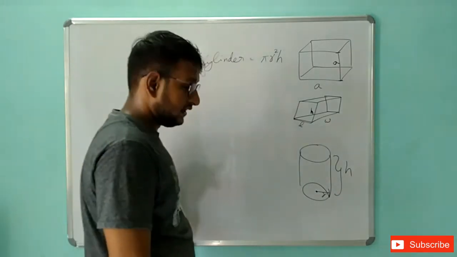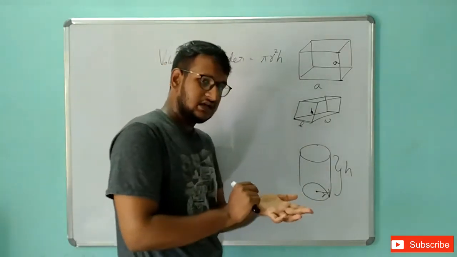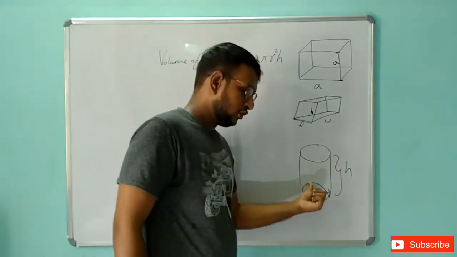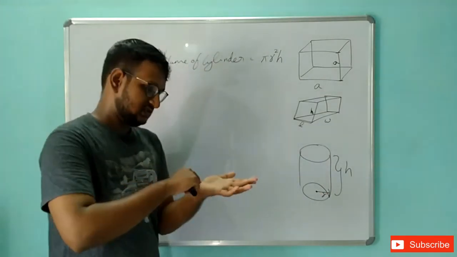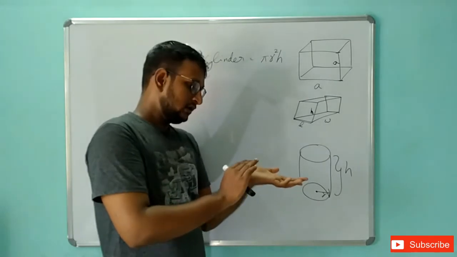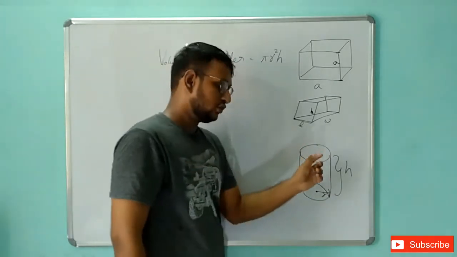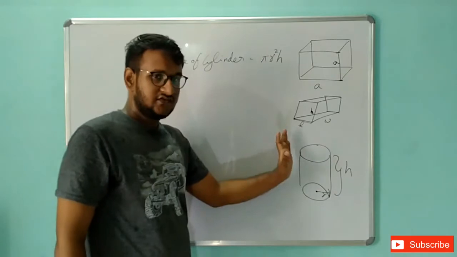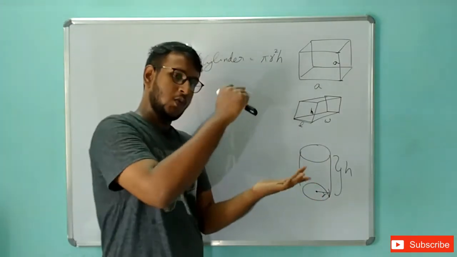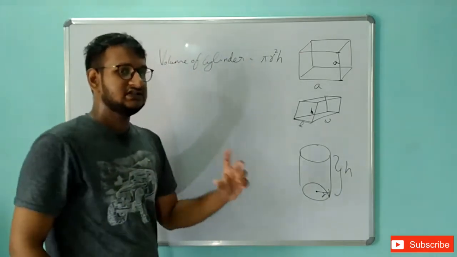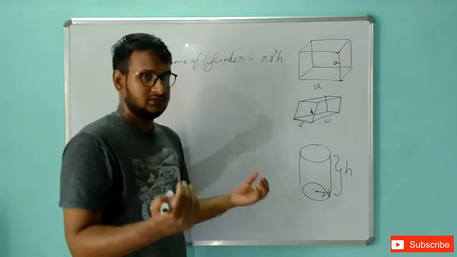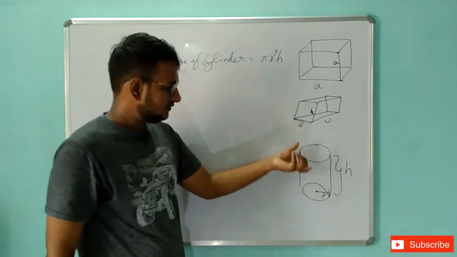Let's cut this cylinder into two-dimensional circles. I am going to take the first two-dimensional circle and keep adding two-dimensional circles till it reaches a height h, so that we get a three-dimensional figure. If we keep on adding that two-dimensional circle over and over, we will get a three-dimensional cylinder. I think you can imagine what I am saying. So this is how we derived it.